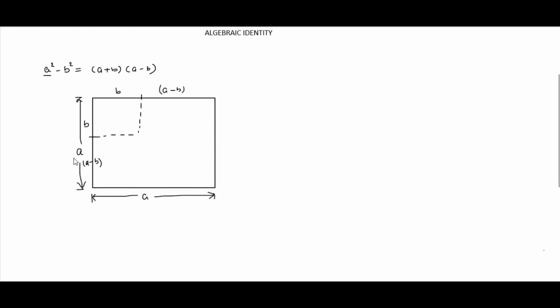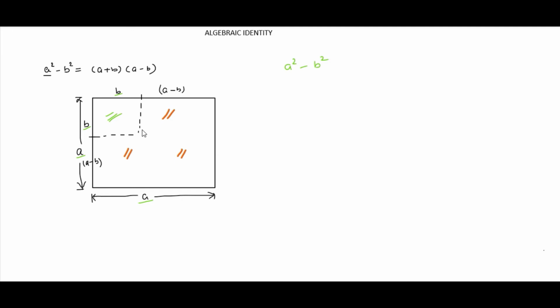So in the diagram we can see we have two squares, one square having sides a and a, which is the bigger square, and its area is a square, and a smaller square having sides b and b and area b square. We have to find out the difference between a square and b square. From the diagram we can say if we subtract the area of this small square from the bigger square, we will get the area of this portion, which is what we have to find out.